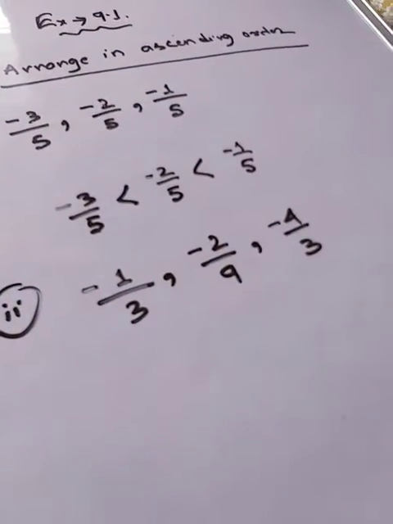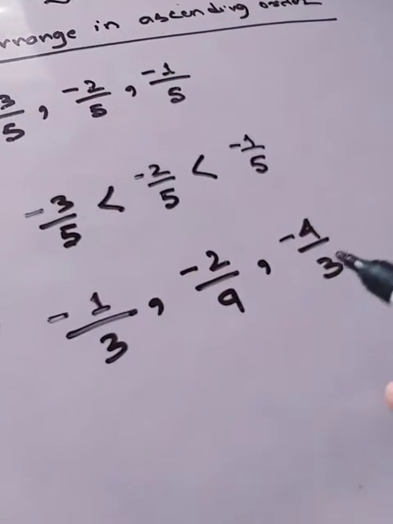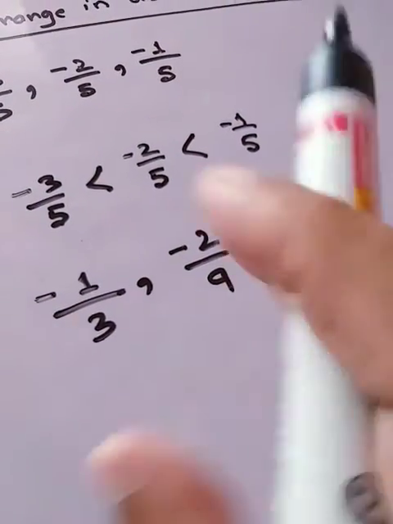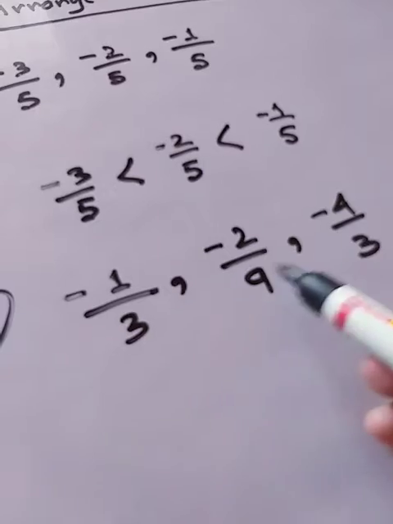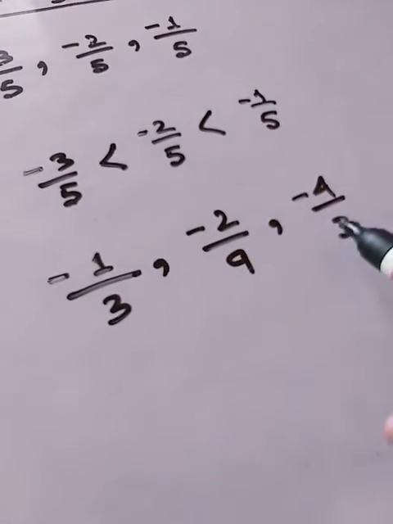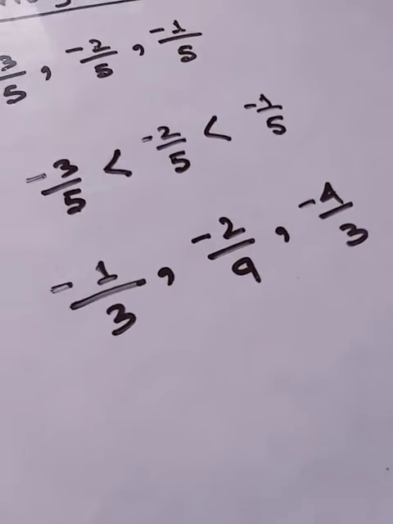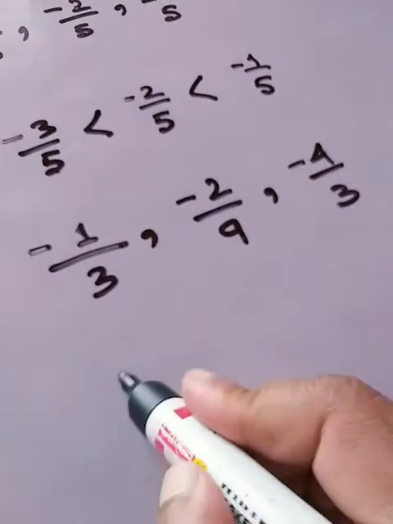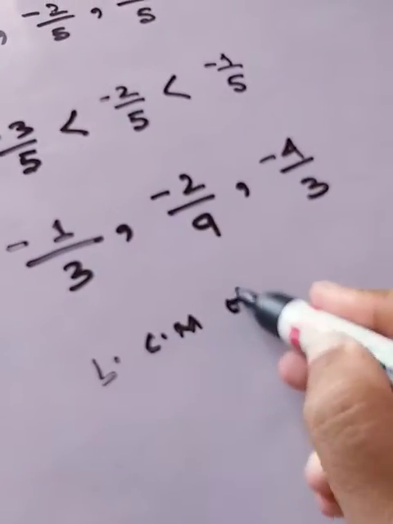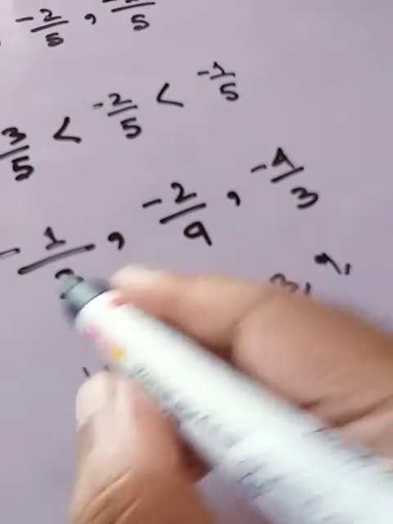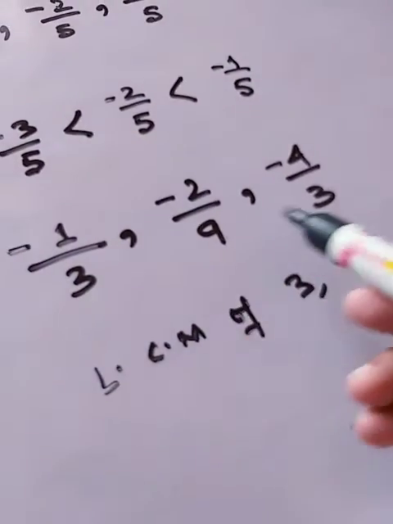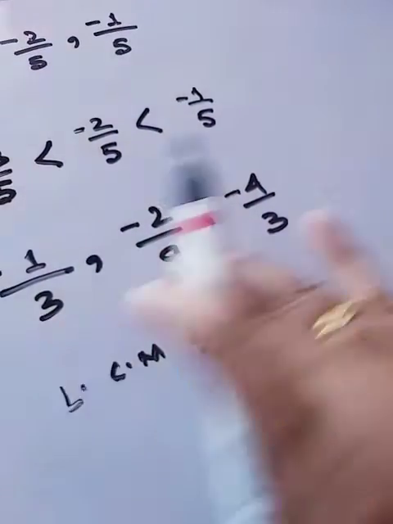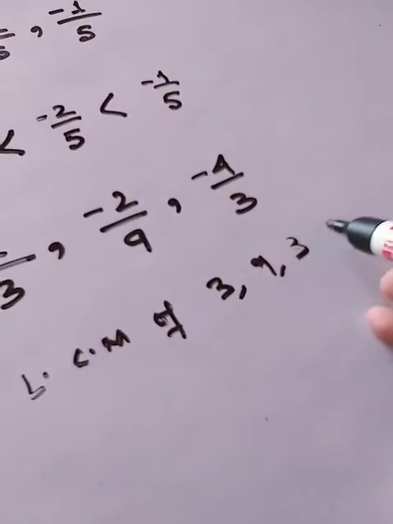Now this is sum number 2. You see these two rational numbers are sharing the same denominators, but this rational number is not. If all the denominators are not the same, then you have to make them the same, and you all know how to do that. When the denominators are not similar, the first thing you have to do is get the LCM of all the denominators. If there are 3 rational numbers, you will get 3 denominators. If there are 4 or 5, then you have to get the LCM of all those denominators. But for now we have only 3.